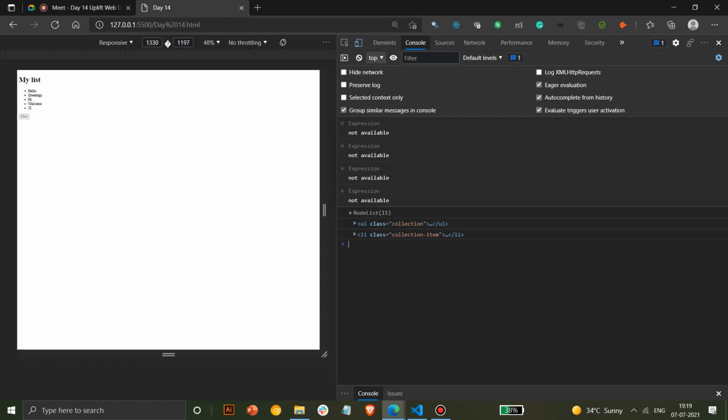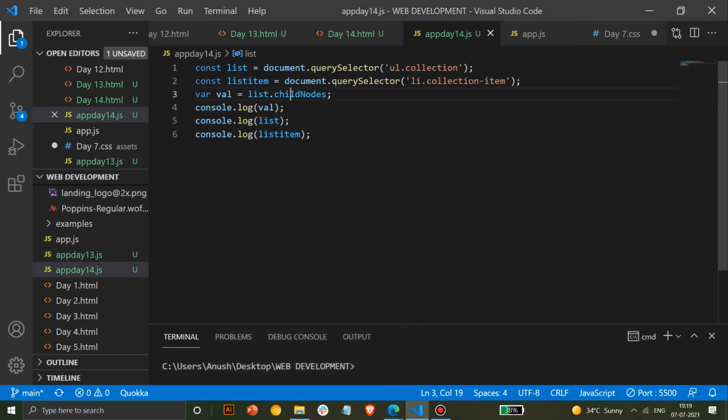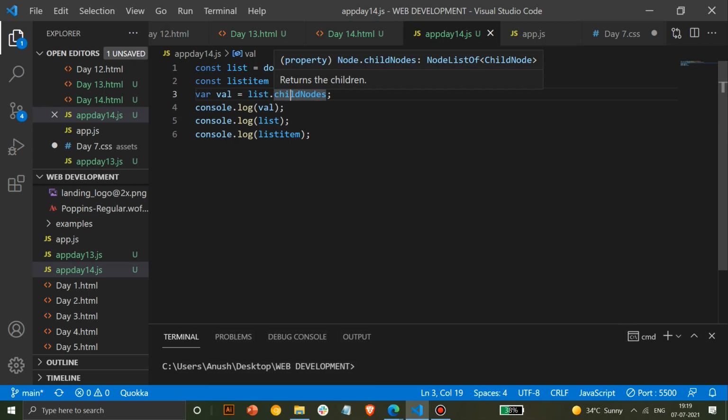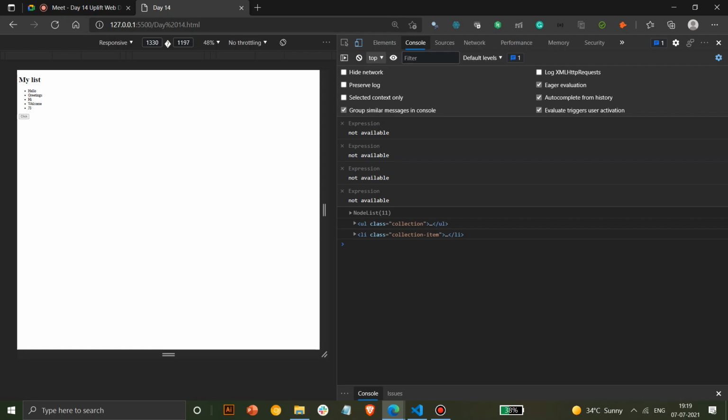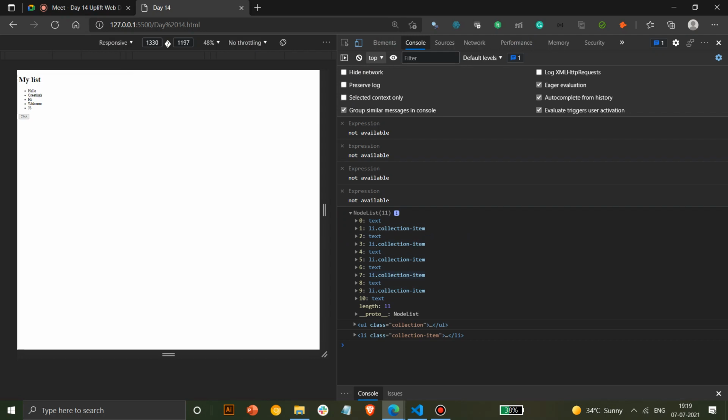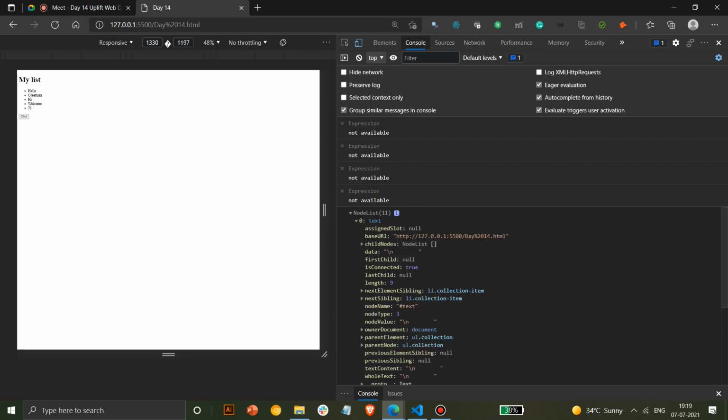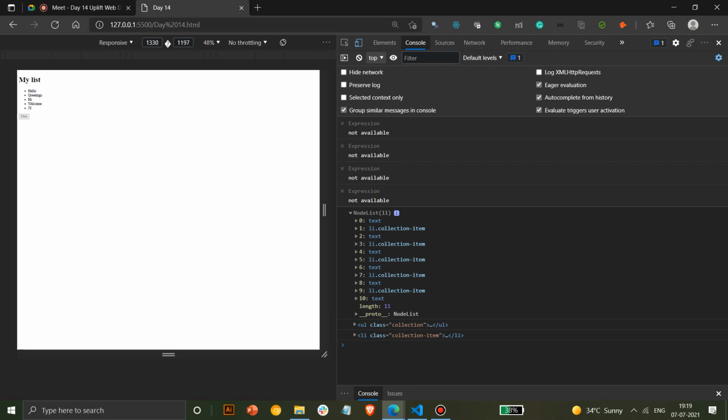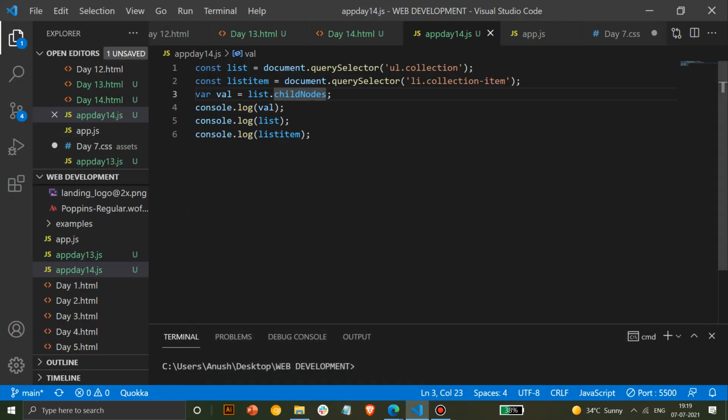And node list child nodes is basically whatever elements are present inside that particular ul. What will be inside the ul? It will be all the lis, so that's what it's showing. It will show all the lis here and also show a text along with it. I'll tell you why it's showing a text. But did you understand the concept of child nodes?